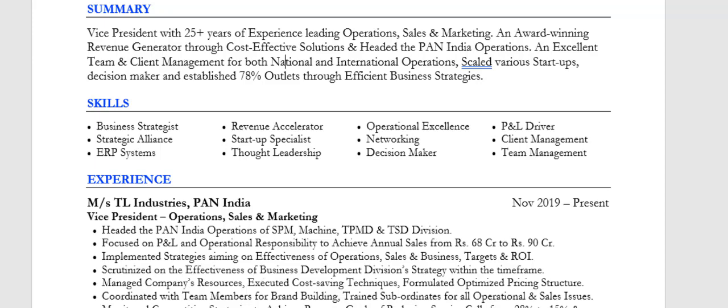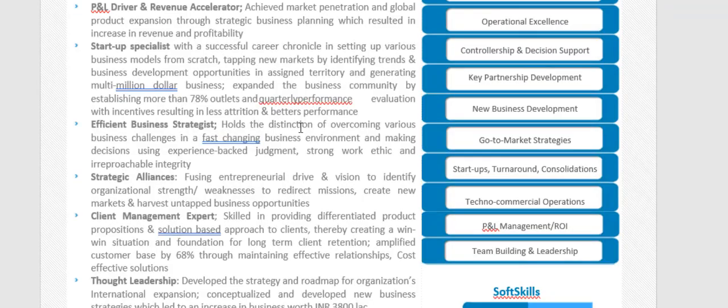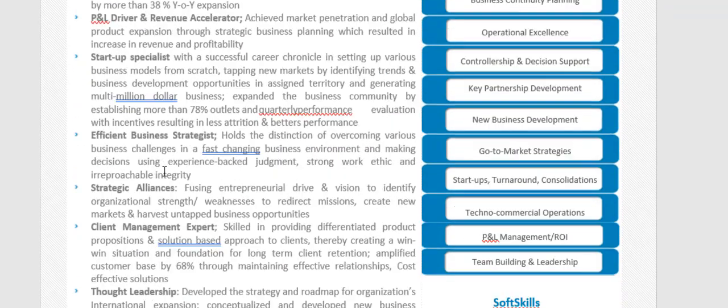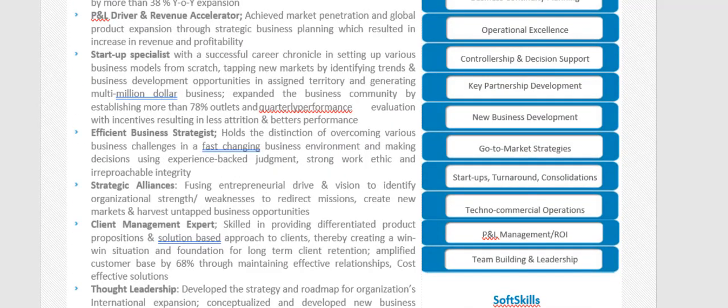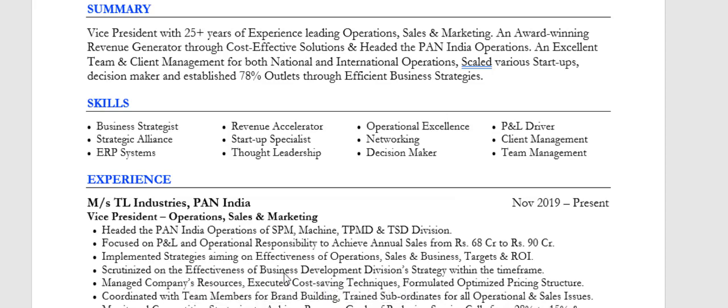You can see in this case what it was before: a very big profile summary, and we changed this to a short 4 to 5 line career summary. A career summary or career objective is like a spark for the resume. The recruiting manager may not read your complete CV. At times they just read your career summary, which is just 4 lines, and then decide whether to go to the complete CV or not, right?